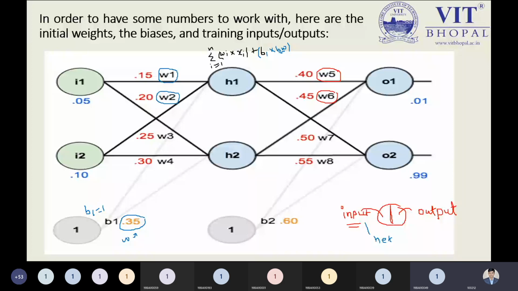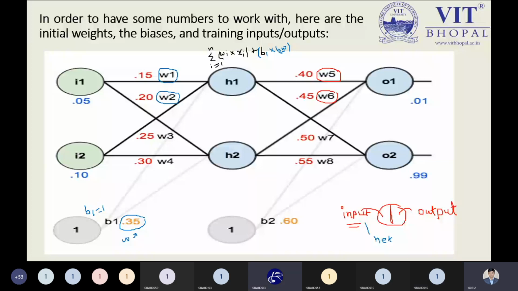Sir, I'm getting 1.93. But I have the answer 1.1059. Yes sir, 1.1055 will come. Can you tell me how you got the solution? Can you tell me the multiplication steps?